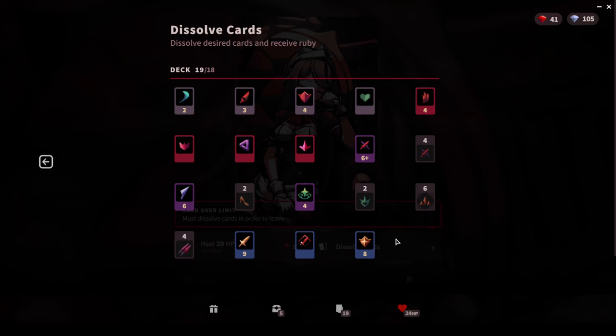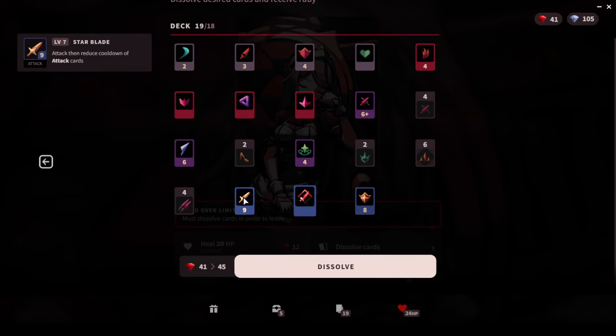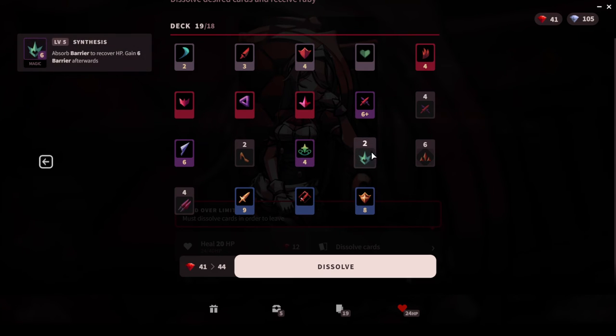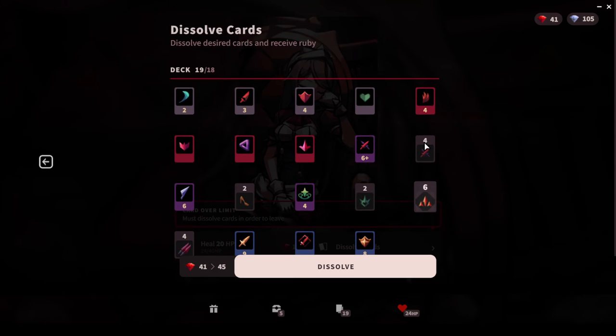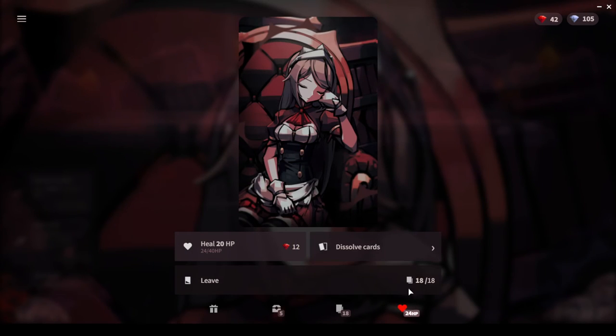Gotta dissolve 1 card. What card do we have to dissolve? Something I don't like. Okay, I actually do like that one, so no. Purification, I like that one as well. Let's get rid of Hollow Strike. That's an easy choice. Alright, let's move right along. My health is not amazing. Probably shouldn't be too risky, but...